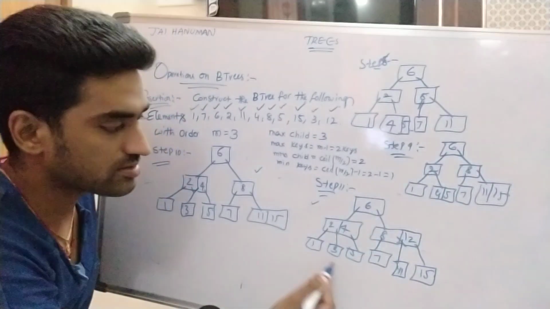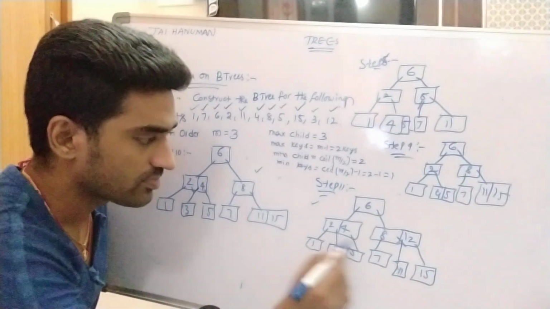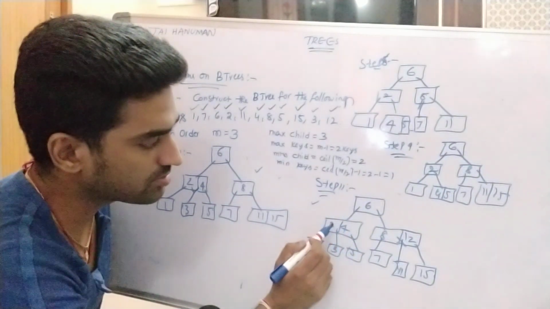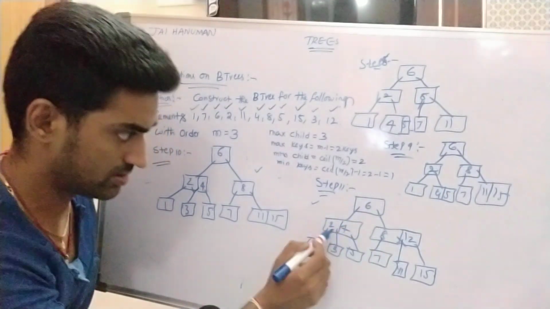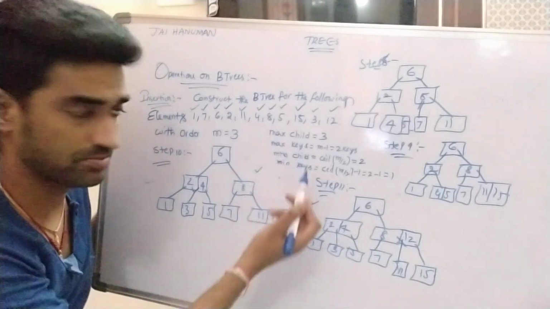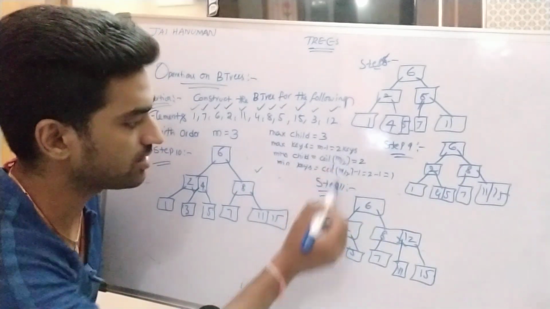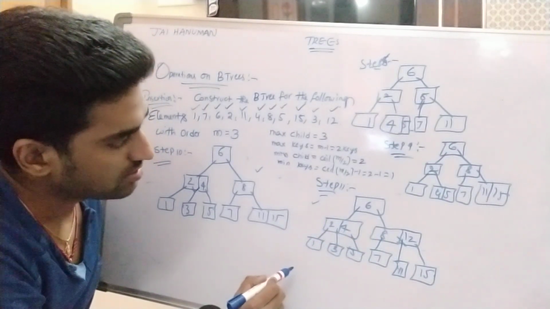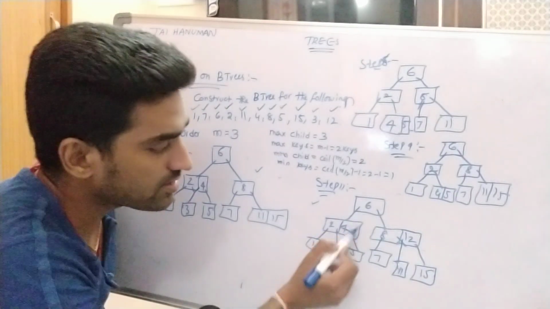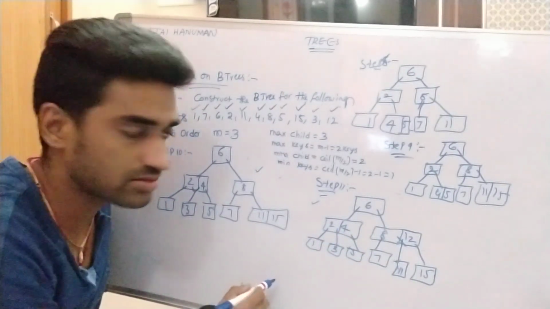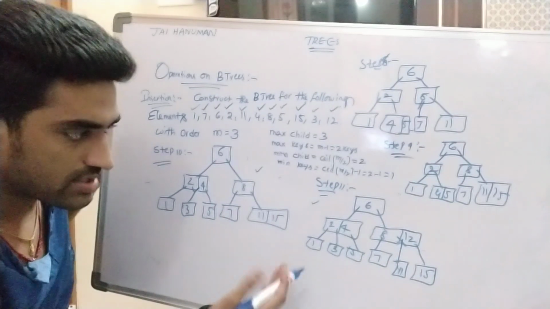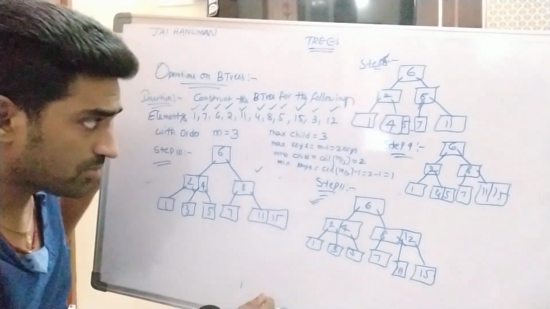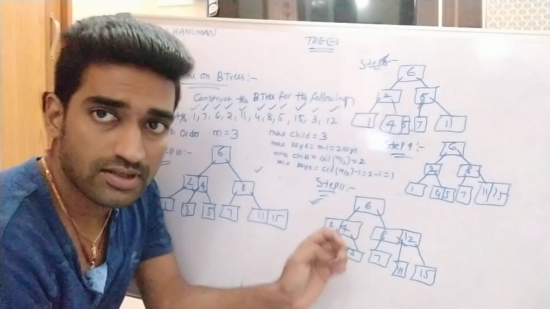All the leaf nodes are present at the same level, and each node maintains no more than 2 key values. Maximum 2 key values, so here 2 key values are present. Each and every node maintains sorted data also. So these are the properties satisfied by this tree. That's why this tree is called a B tree, right? So this is about the construction of a third order B tree.